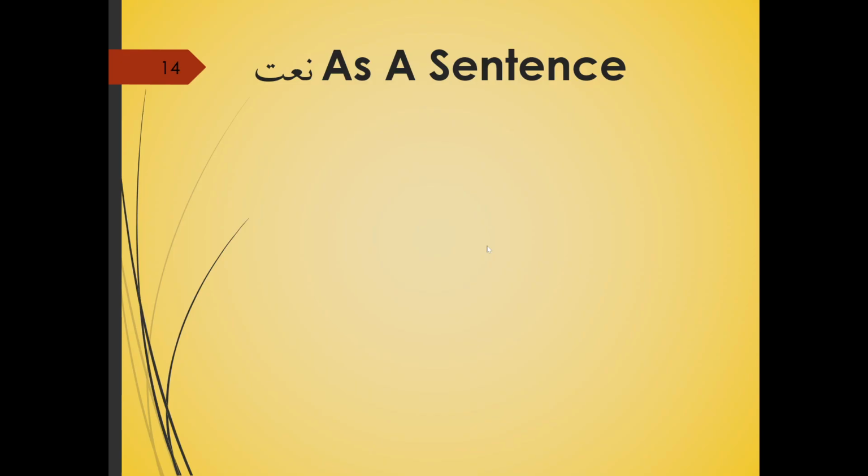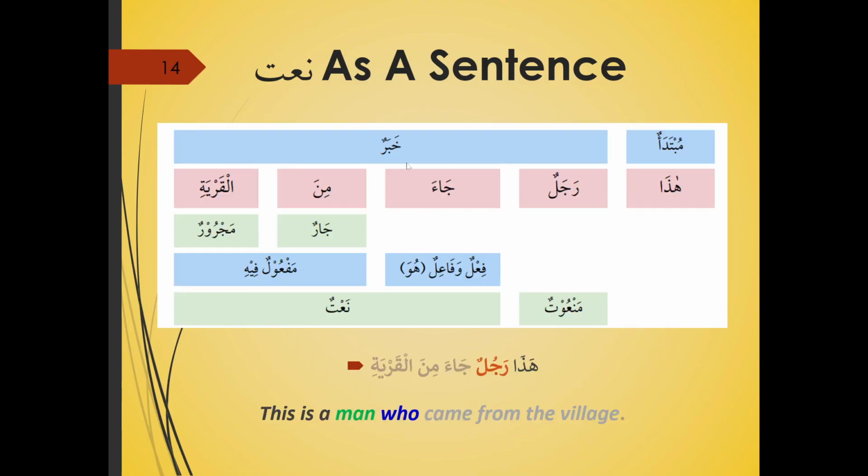Now, let me just show you the breakdown here. Like I said, mubtada, this whole thing is your habar, and this is your man'ud, what you're describing, and this is your na'tun, the description, which is a sentence. We're talking about na'tun as a sentence: fi'il fa'il with its maf'ul fihi. Maf'ul fihi, as we said, only takes restricted phrases, in this case jar wa majrur. You can't just take any phrase to become your maf'ul bihi. It has to be either jar wa majrur or zarf and its mudaf ilay.